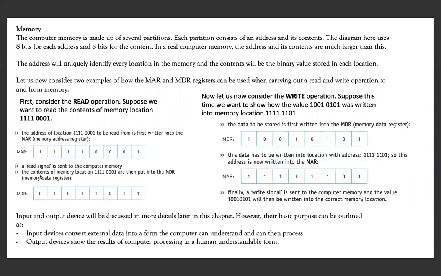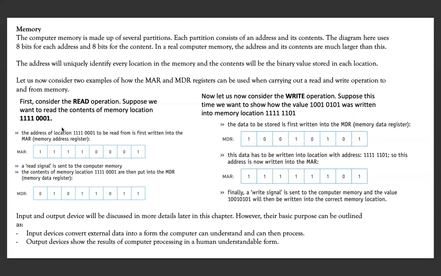The next thing after that is the data. The contents of the memory location are then put into the MDR. Since the read signal causes this memory location to be accessed, the data will be fetched from this location, and whatever the contents of this location are will be brought into the MDR. Assuming that these are the contents of this location, this is the data that ends up in the MDR: 01011010.